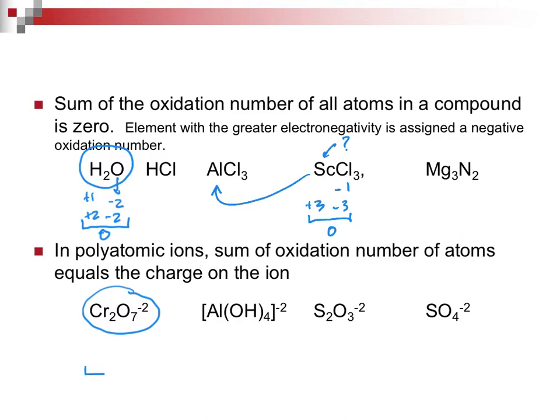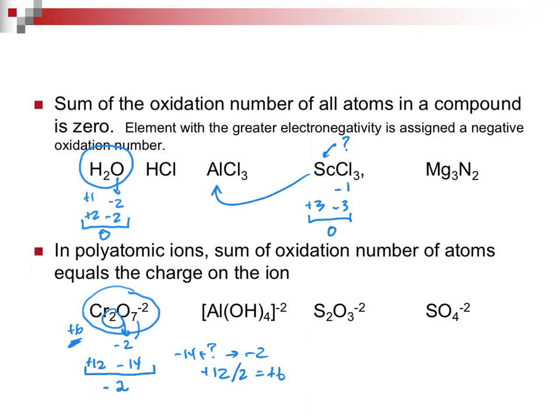Let's move down here to these ions. If we were in class, I'd be writing them all on the board. Now we have a -2 charge on this ion. We know that every oxygen is a -2. -2 times 7 gives us a -14. What can we add to a -14 to give us a -2? That has to be a +12. So I would place a +12 here. I see there are 2 ions, and that says that each one is a +6. Again, you'll see something like this on a midterm.